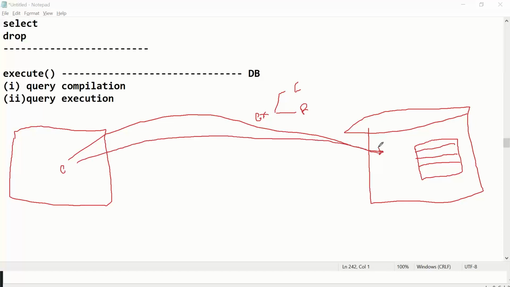Second time again, the execute method is trying to insert one more row. Earlier one row, now one row. So when the execute method runs the second time, who is doing this operation? Since the command is coming from the execute method, the DB engine is doing the operation. At the end of the day, your DB engine has to work. If the DB engine is not working, your changes will not take effect in the database. So the DB engine will receive the command from the execute method, and then it performs your compilation and your running.